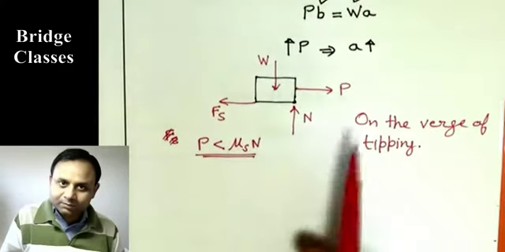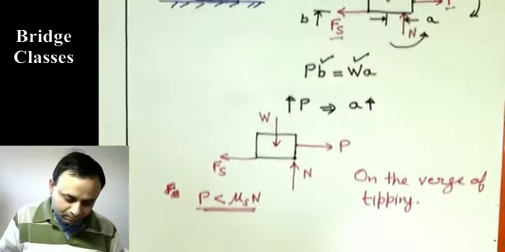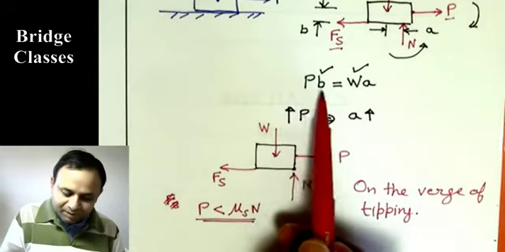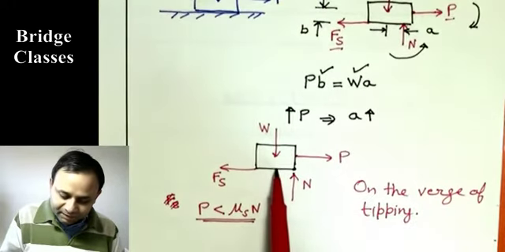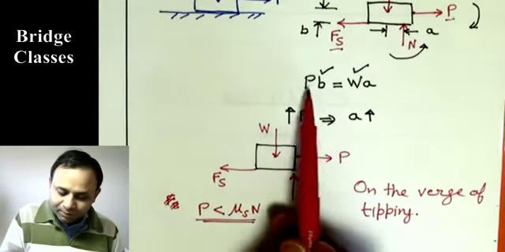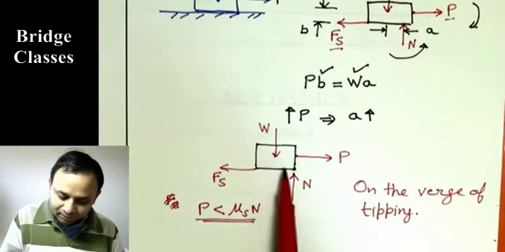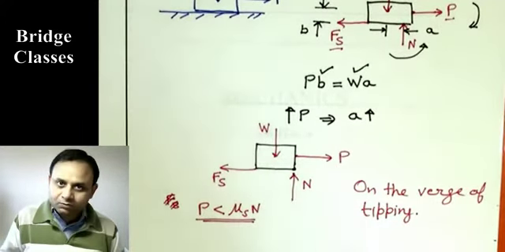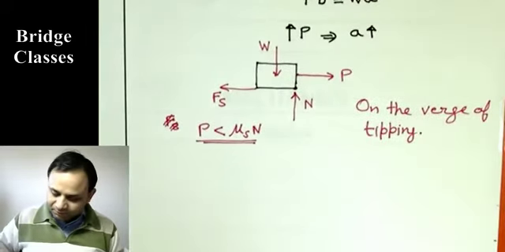It is not going to slip. But the moment, see, this PB will be greater than WA, because we have reached the maximum possible A. So the moment of this force will actually be greater than the other moment of these two forces. So the body is going to tip. So the condition for tipping, if you want to write,